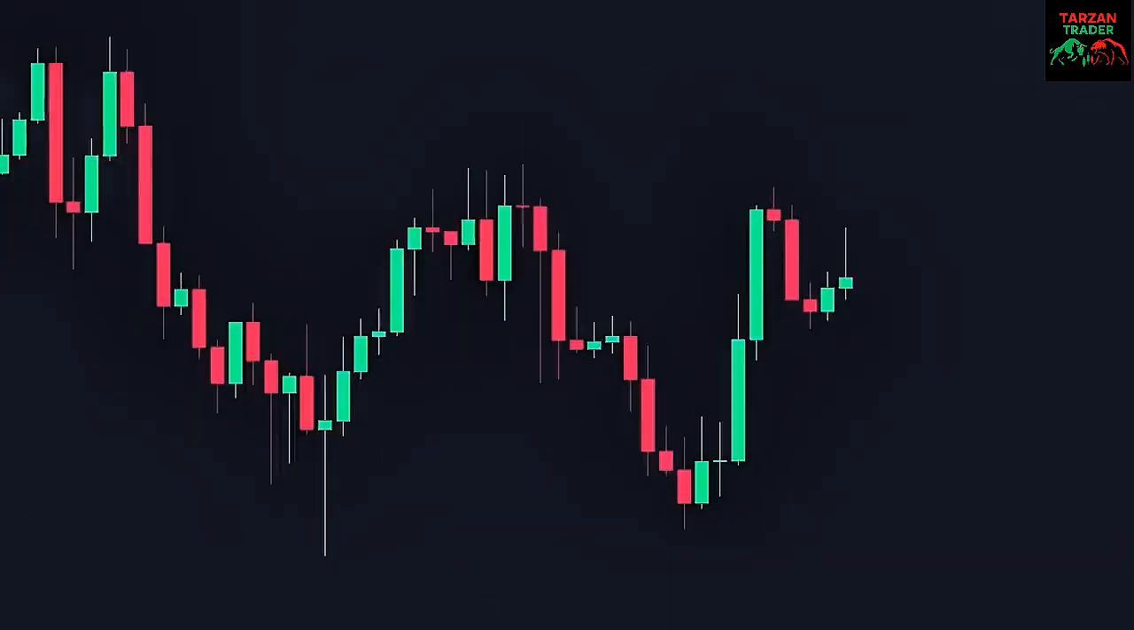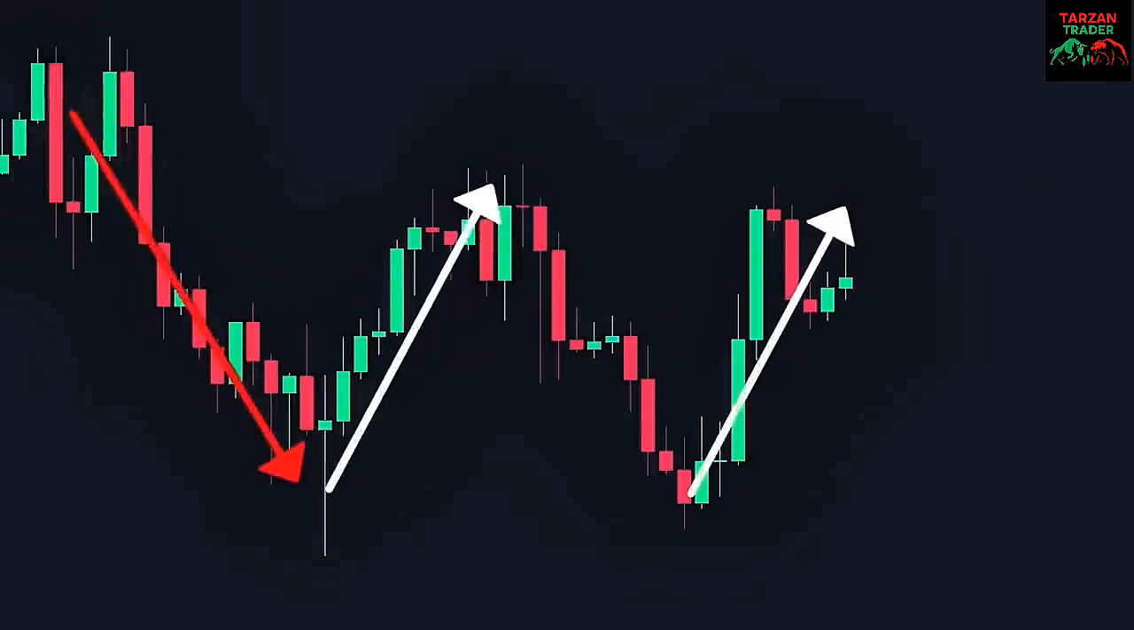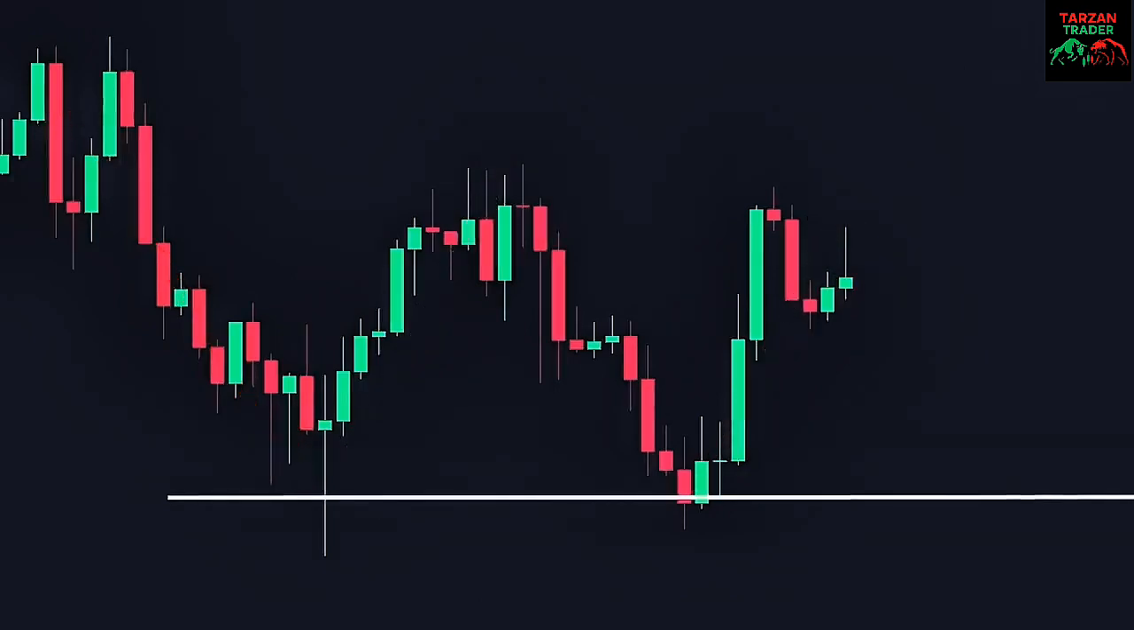Look at this chart where price has formed a clear downward trend and bounced twice at a specific area, creating a solid support level. Now we wait for price to interact with this level once again. At this third approach, we are expecting another bounce, but we need confirmation from a candlestick pattern that supports our